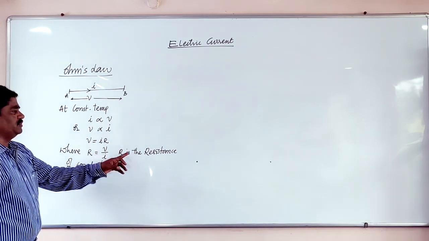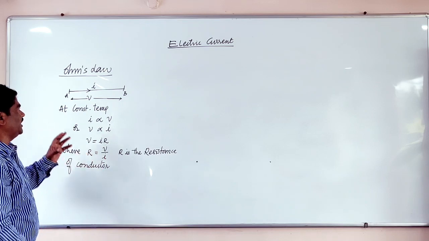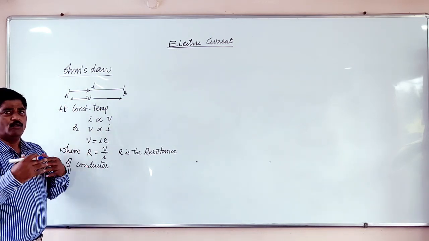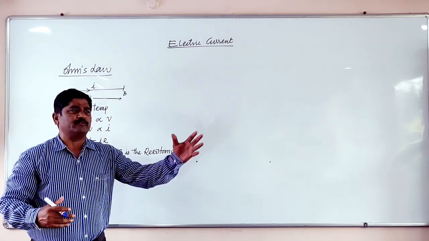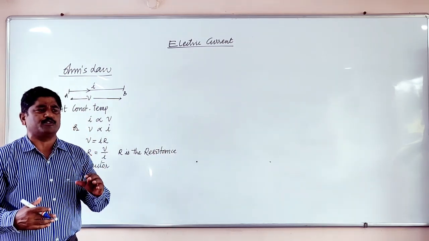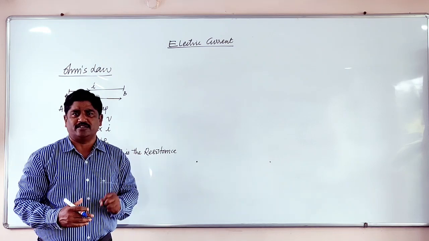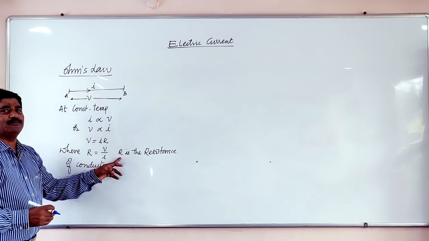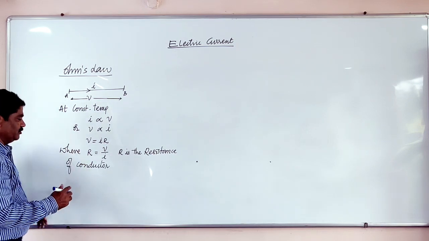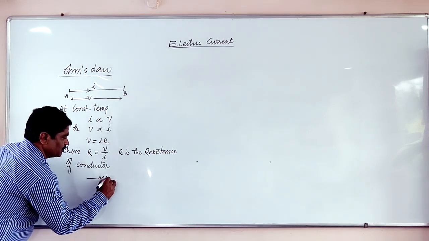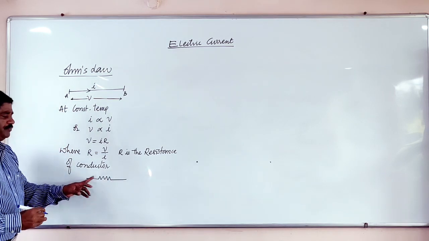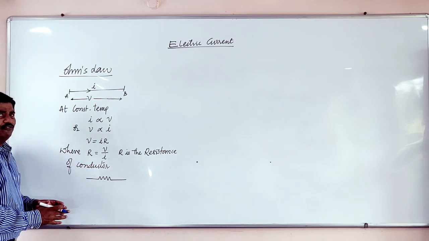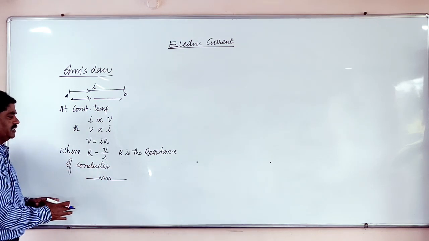This resistance of the conductor can also be defined as controlling the flow of electrons. Vehicles go with tremendous speed on the road. To control their speed, we construct speed breakers on the road. Similarly, the speed breaker is nothing but the resistance of the conductor. Hence its symbol is mentioned like this. This is the symbol of resistance, which controls the flow of electrons in the circuit.